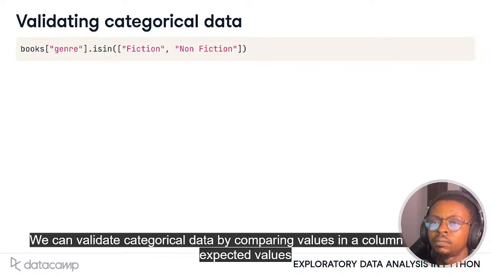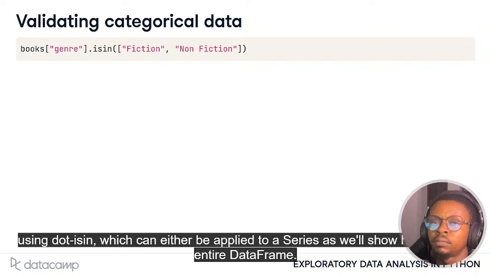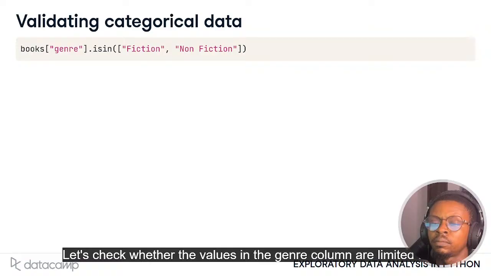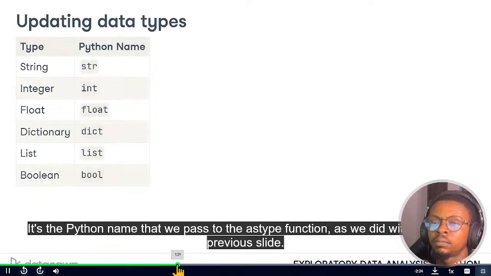We can validate categorical data by comparing values in a column to a list of expected values using .isin, which can either be applied to a series, as we'll show here, or to an entire data frame. Let's check whether the value in the genre column